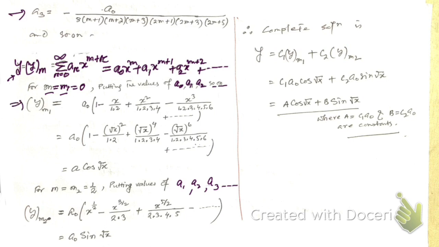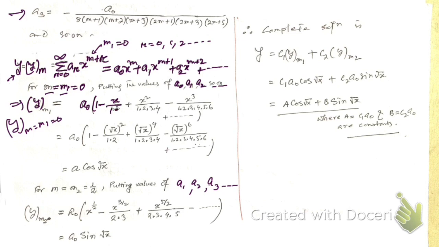Then we will get y at m is equal to m1. This is y at m equal to m1, where m1 is equal to 0, and putting 0 here we get this solution, right? So what we have done, we have put m1 equal to 0, and also put the values of r from r equal to 0, 1, 2, and so on, and putting those we have got this series. So x by 1